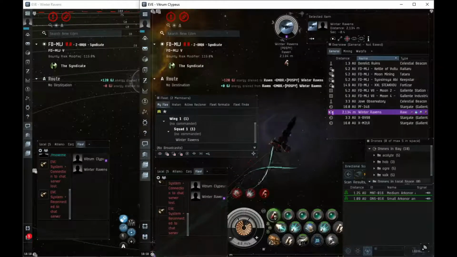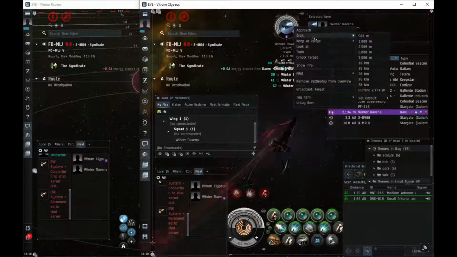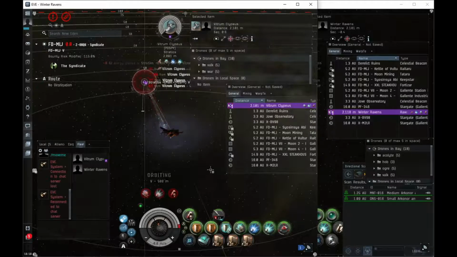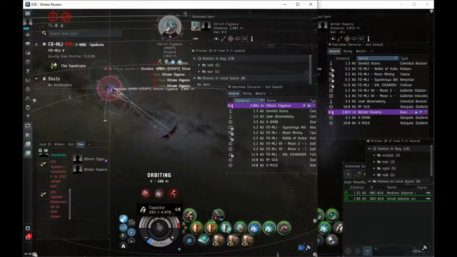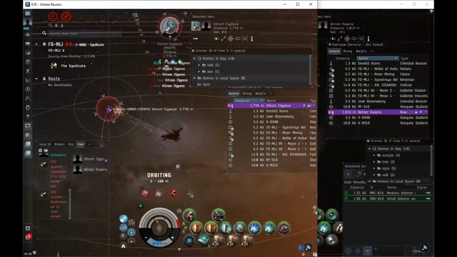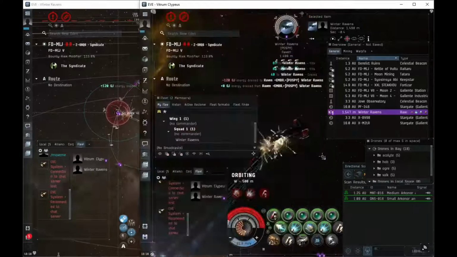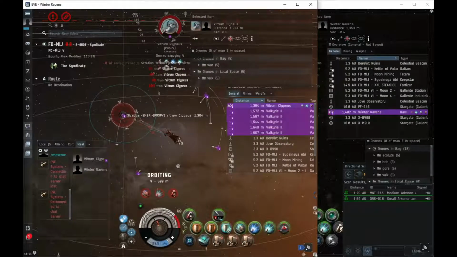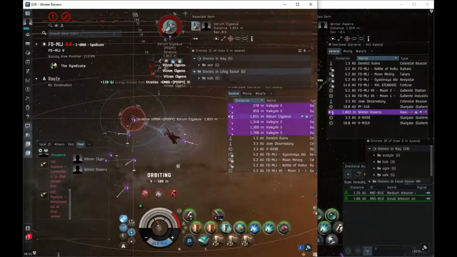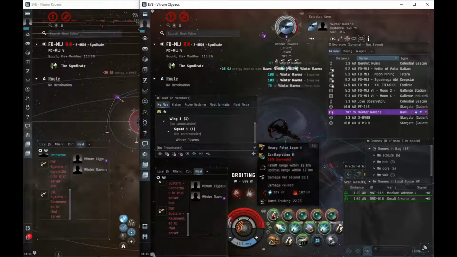If we just pit these guys up against each other right quick, I can show you just how badly this Stratios has the advantage against this Raven. So this Raven's completely out of capacitor, and we're just going to sit here and we're just going to decimate it. Yeah, I can't even. So yeah, that's a win. There's no way to keep up with that kind of